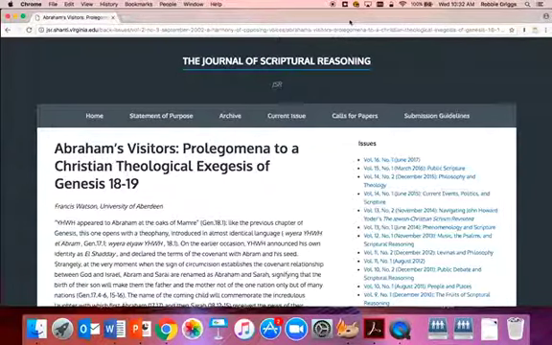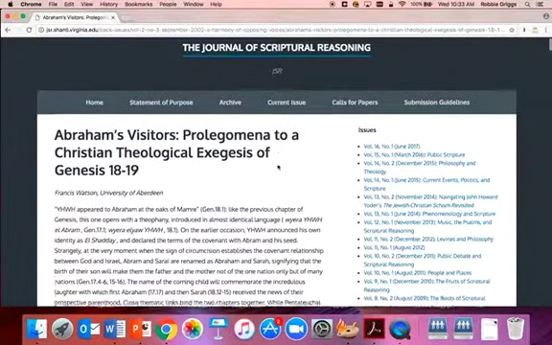Another thing to note is that Francis's paper here is about 6,000 words, which is 3 times longer than you'll have, and so you'll need to be much more concise, and you won't be able to go into as much length as he does here. With that being said, I think there are some things that you can learn from Francis's paper, and I'm going to walk you through those things now.